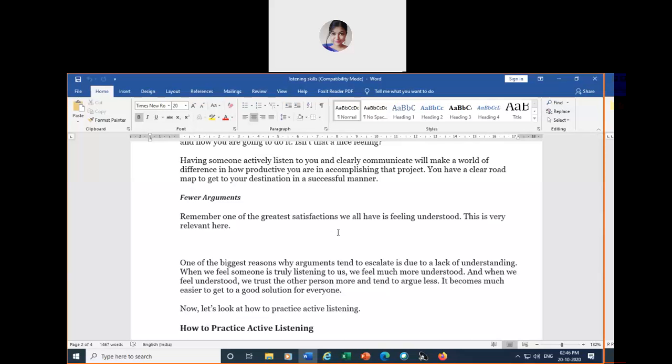So these are the five basic points related to the importance of active listening. Of course, there are many other points as well, but these are some of the important points related to active listening. I hope you have understood. Is there any question for me? I'll continue with the same topic in the next class because I don't have much time now. That's all for today. If you have any doubts, you can ask me. Is there any doubt regarding whatever I explained to you today?